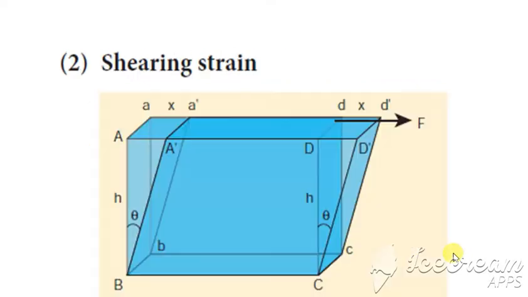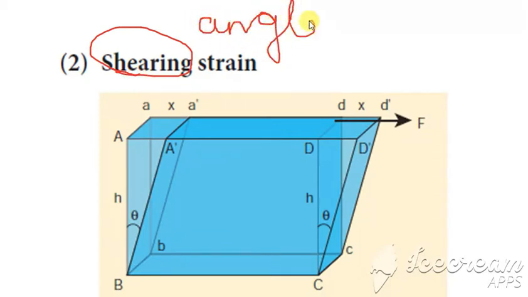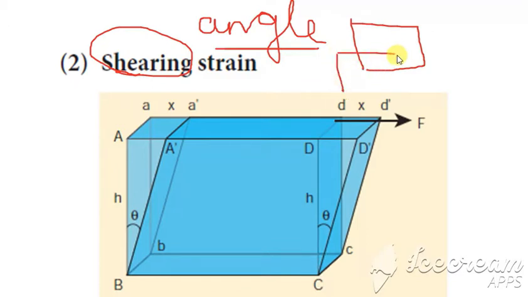Next we are going to see what a shearing strain is. What is meant by this word shearing is that it denotes the angle. So if there is any change in the angle of the object, that comes under this shearing strain. So first we are going to consider an object which is not at any angle. So it has been placed like this, so that is the original position of the object.